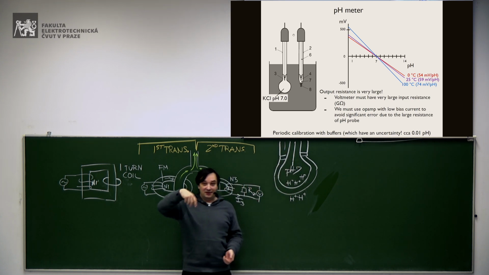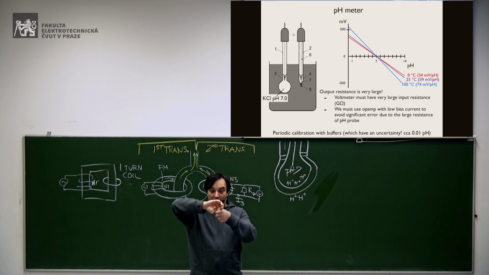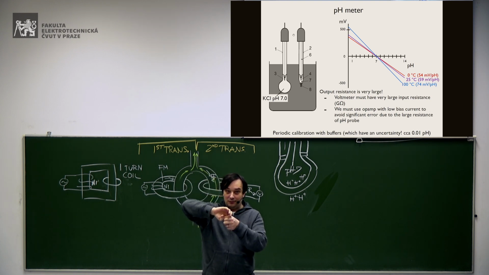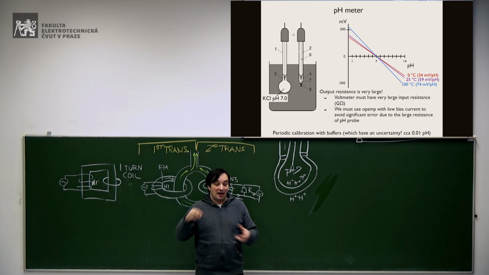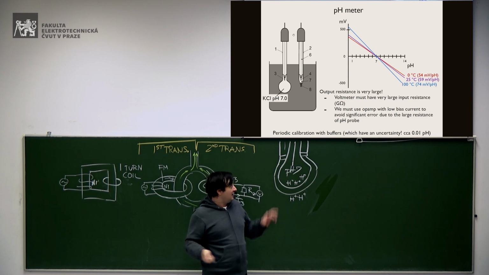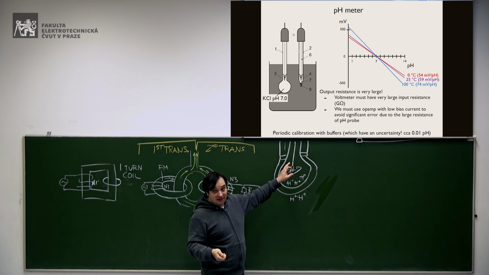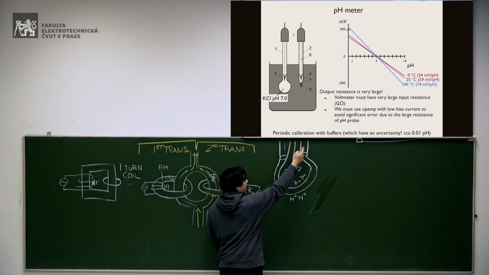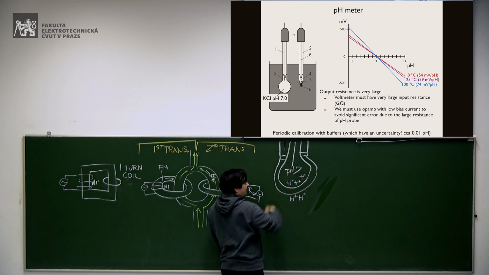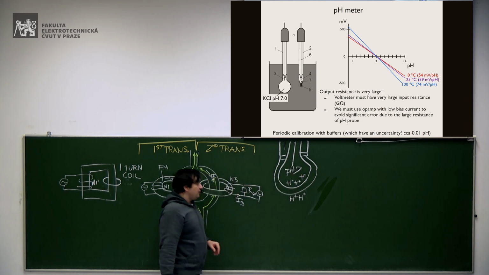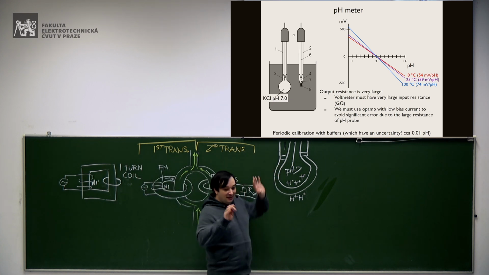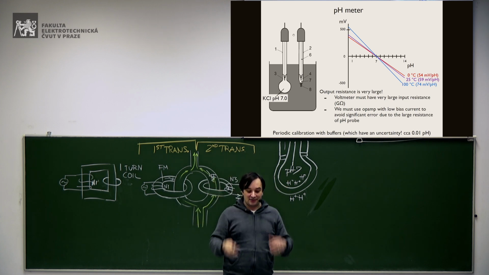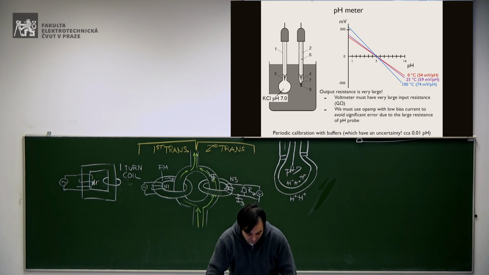So even if your pH meter has only one device, one electrode, and you think it's only one, and you say, where is the reference electrode? The reference electrode is inside, it's always inside. So here you have the reference electrode, which is surrounding the main measuring electrode here, okay? So you have always the reference electrode, even if you don't see it. It's simply in a structure which surrounds the main electrode.